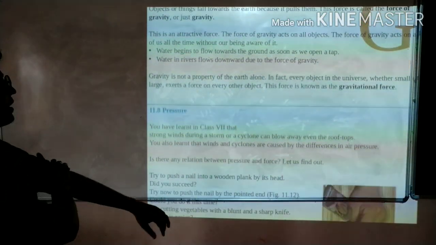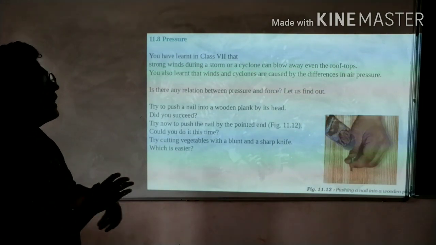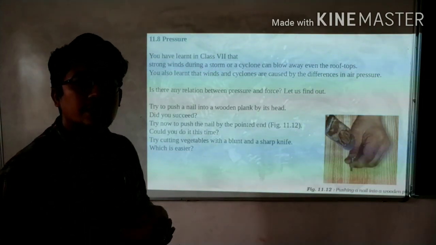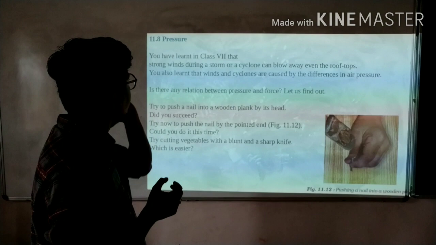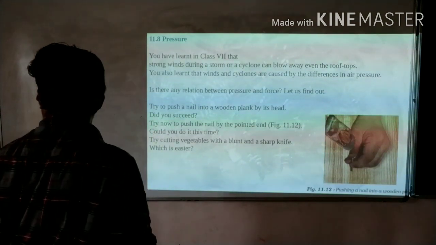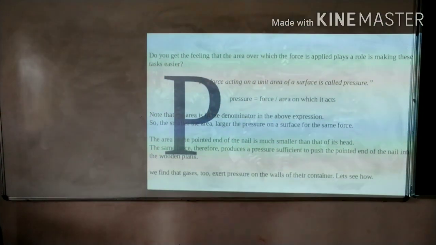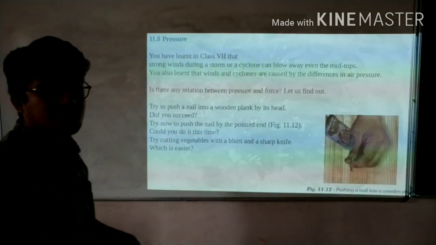Now moving on to pressure. I think we have to keep it until here only, 11.8 pressure, because it is the last topic and it is a lengthy one.